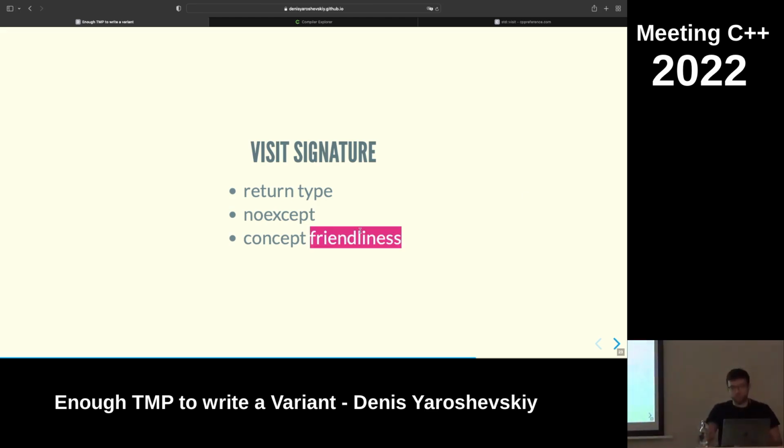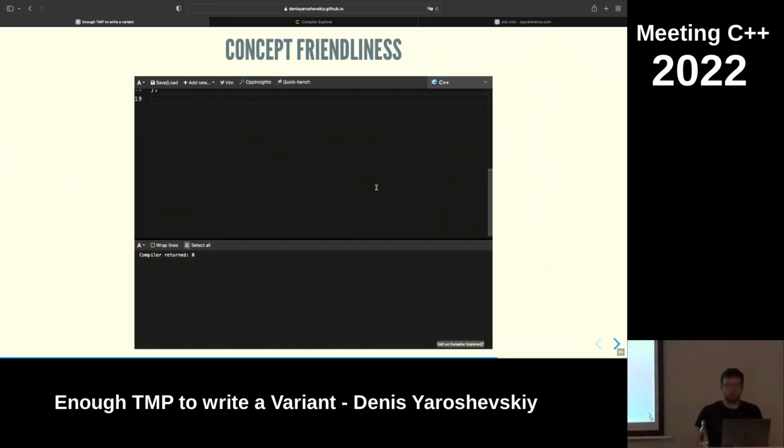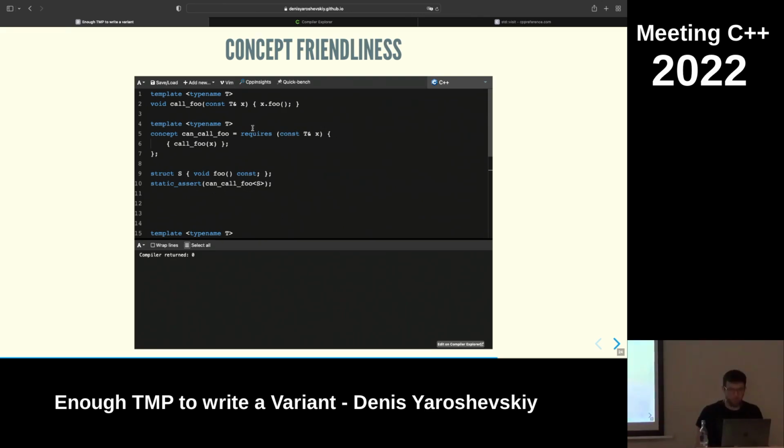And we want to be able to check in concepts that we can visit things. So this is, I don't know how well understood it is. But okay, let's see. Let's say I have a concept. I have a function called foo, right? And it's just going to call x.foo, right? And I have a concept, can_call_foo, that calls foo. Makes sense.